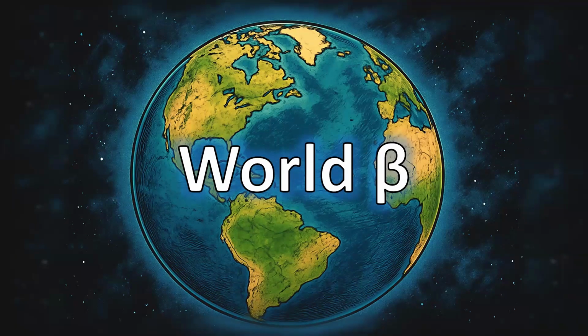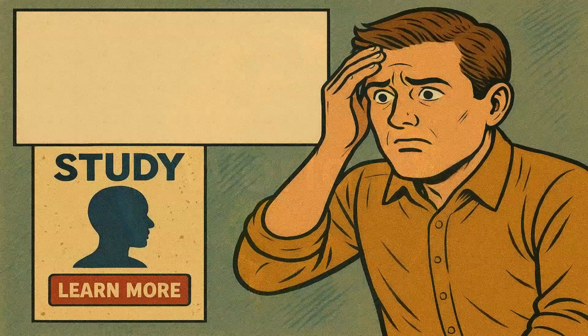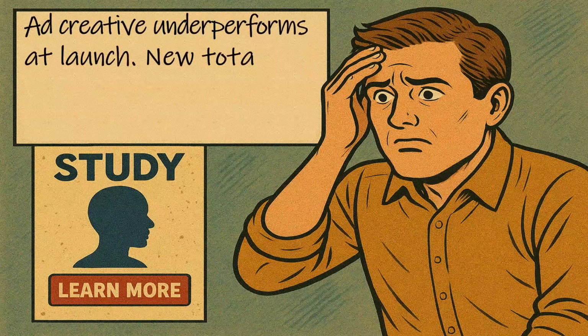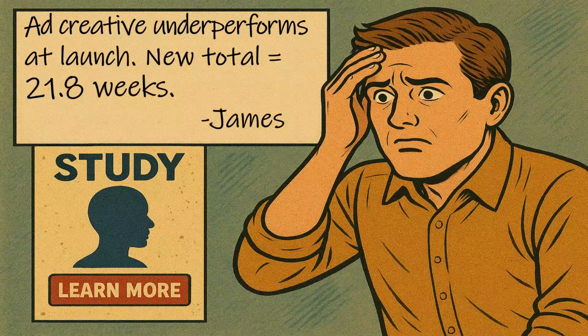Same Alex, same project, but now a different set of random things that could occur. And in this world, Alex walks into his office one day and he sees a note on the whiteboard. The note says, ad creative underperforms at launch. New total equals 21.8 weeks from James. So James was analyzing their ad performance and it just seems like they're not getting the traction that they were hoping for. So now they're going to add 0.8 weeks to the total because they're lagging a little bit